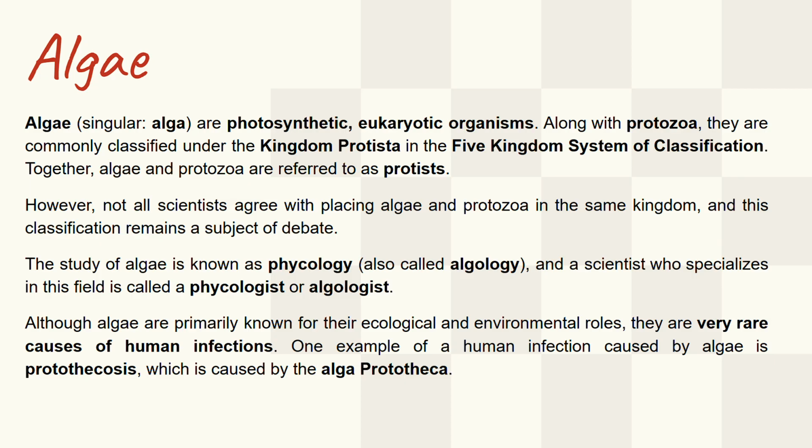And these algae and protozoa are referred to as protists. Okay, though it's still debatable because algae and protozoa should not be in the same kingdom. Some scientists still believe that they should be